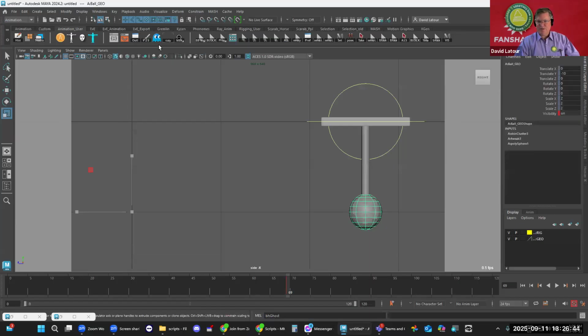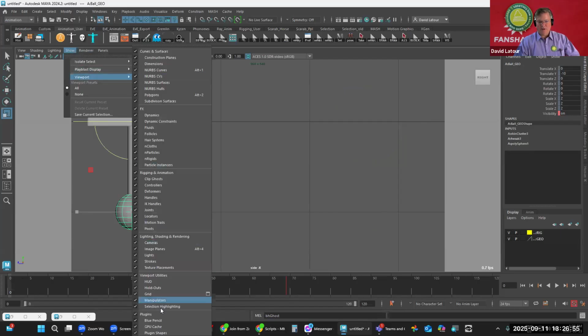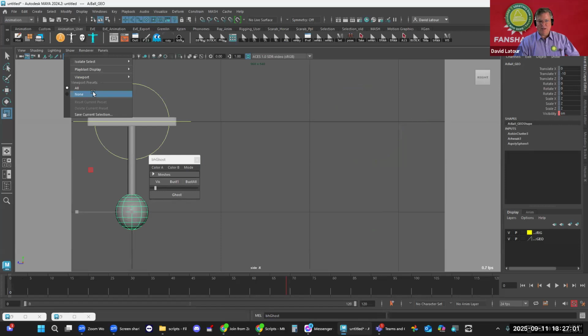I select the geometry, launch BH Ghost, and then I go here at frame 1, and I make sure in my viewport menu under Show, I have strokes turned off. Now I tend to have everything turned off except the stuff I'm looking at. So I tend to do Show None,